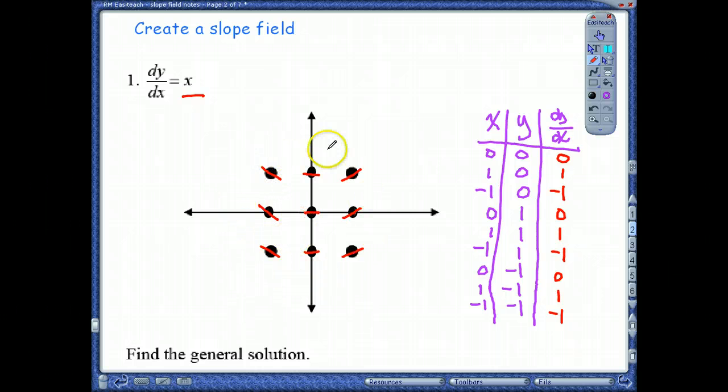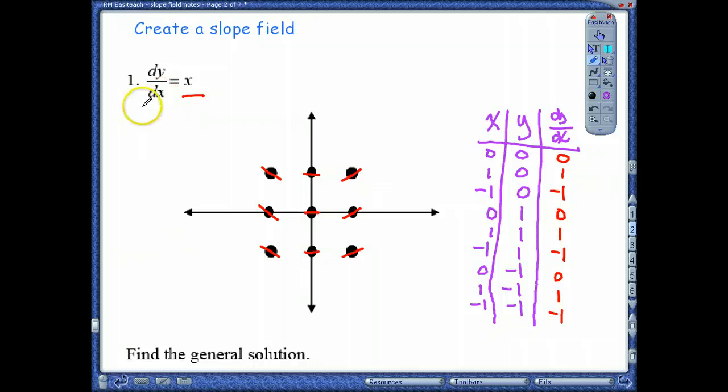So looking at this little slope field, we don't know what the exact equation is going to look like, or rather, we do know what the exact equation is going to look like, but we're creating a little slope of a tangent line at every point in this xy plane, every point that they ask us to find. Now, if we were to take this equation and solve it,